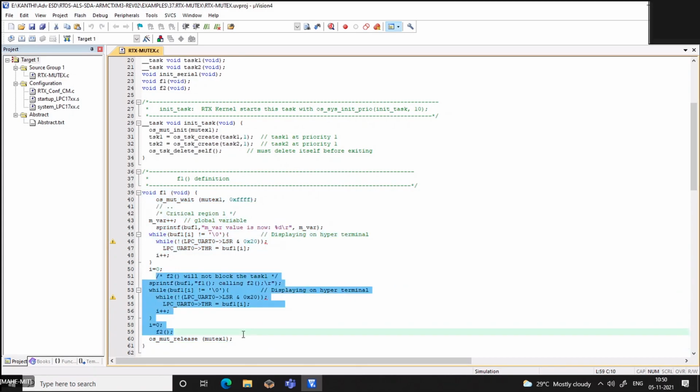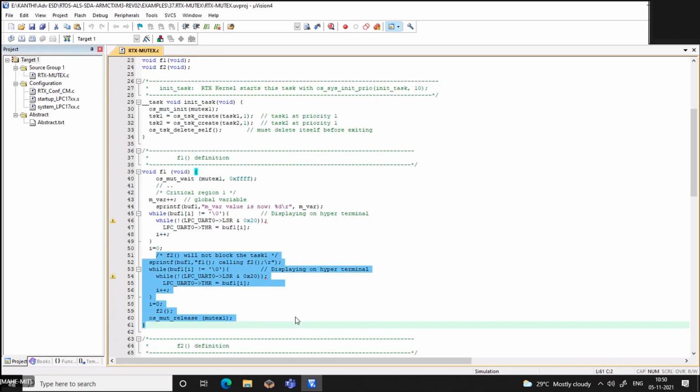No, I'm saying that when we call function F2, the first line of F2, once it starts executing, is also the same command that waits for mutex 1 for as long as it takes, right?